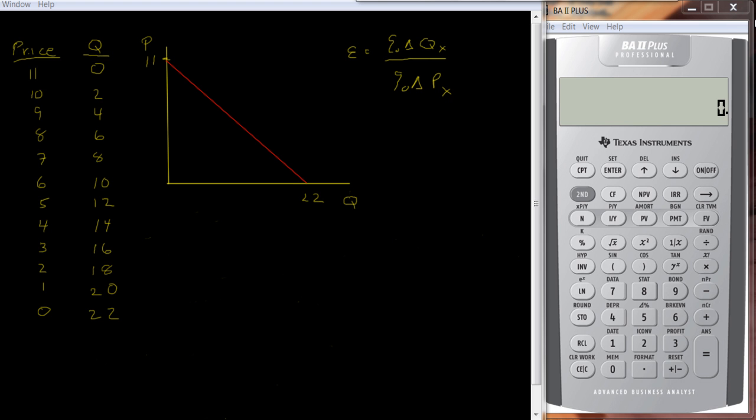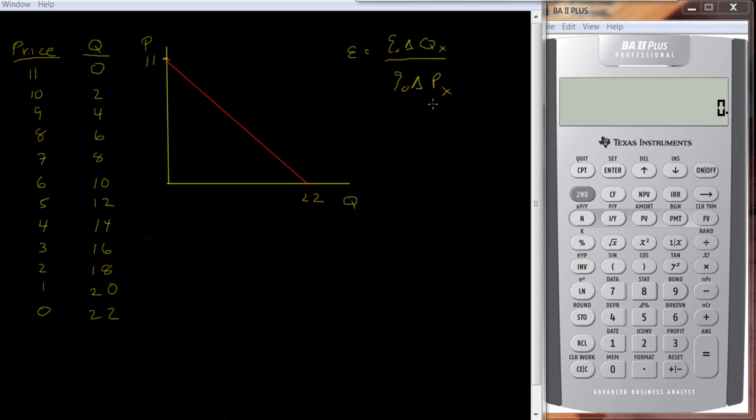In the previous video, I discussed the intuition behind elasticity. Now, elasticity is defined as the percentage change in something divided by the percentage change in something else. That is, we're interested in knowing how one variable changes when some other variable changes. So here's a case where we're going to look at the price elasticity for the demanded good X. So the percentage change in the quantity demanded of X divided by the percentage change in the price of X